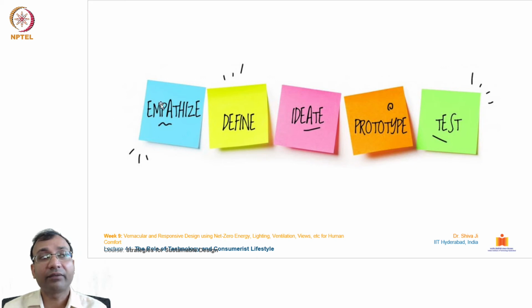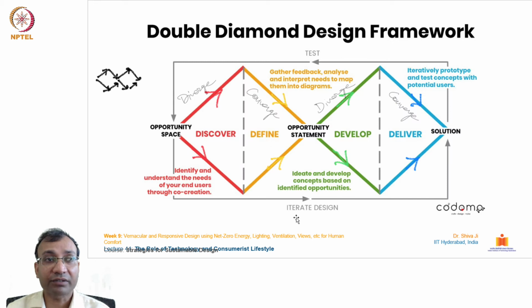Then after empathizing, you define the problem area, define the whole scenario, then ideate, conceptualize, prototype, and test it. So these are the very simple five-step process of design thinking, and you can follow this for innovation. You must be able to feel the scenario or the context of the person or whoever is your target audience. And then if you take up this process, there is a likelihood that you may come up with some innovative solutions.